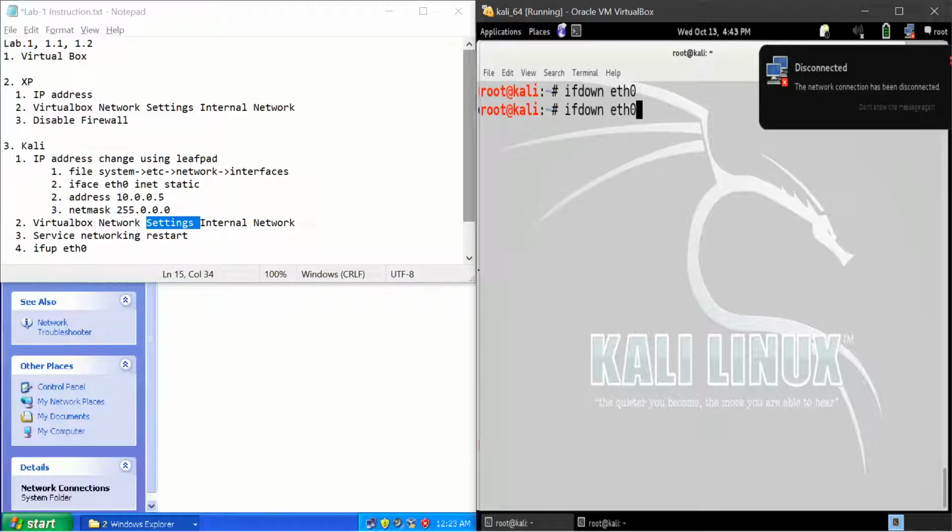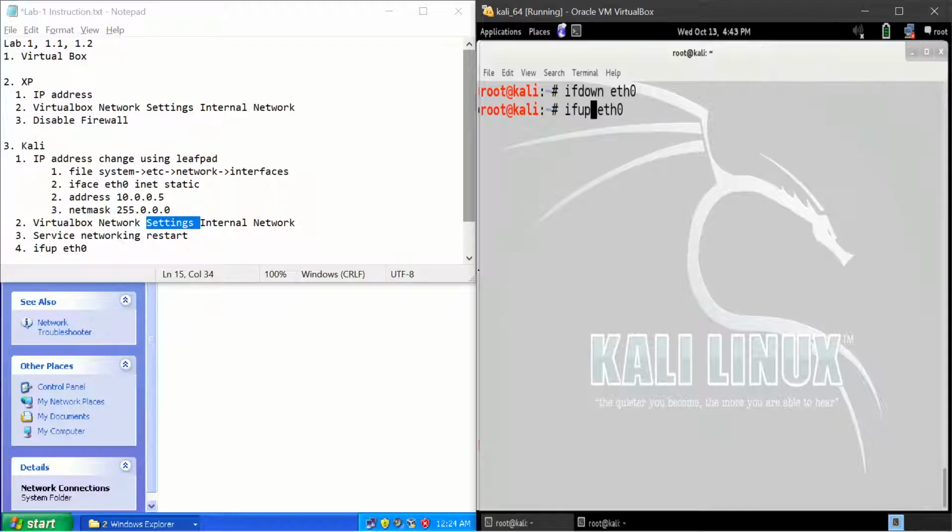So for that you need to bring it up. You do not necessarily need this command, but sometimes if there is a problem, you can use it. So this is over now. Network service, everything is restarted.